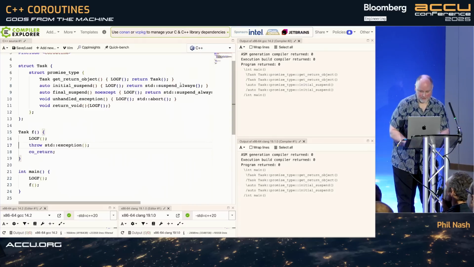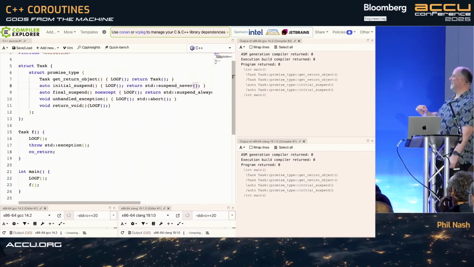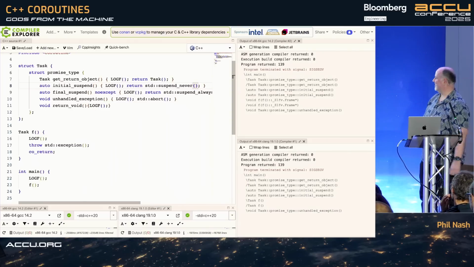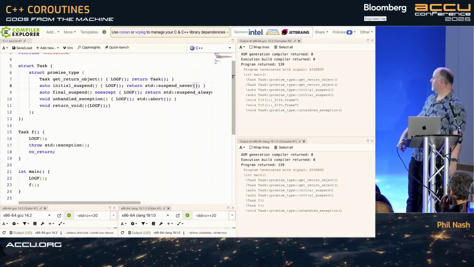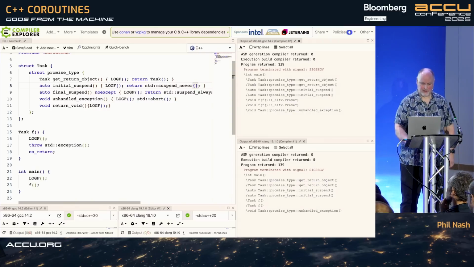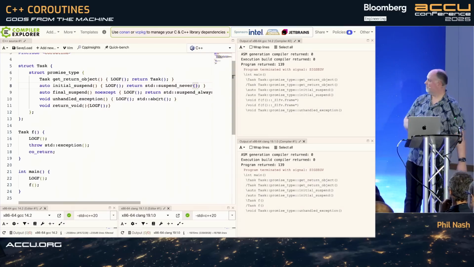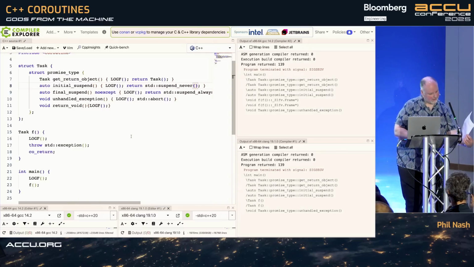Because I've done suspend always. Thank you, yes. Let's put that back. Well spotted. That was a test. Thank you for paying attention. All right. Okay, program terminated, but we did get our unhandled exception called. Terminated, of course, because we did that std::terminate. Okay, right. I think that was the end of that